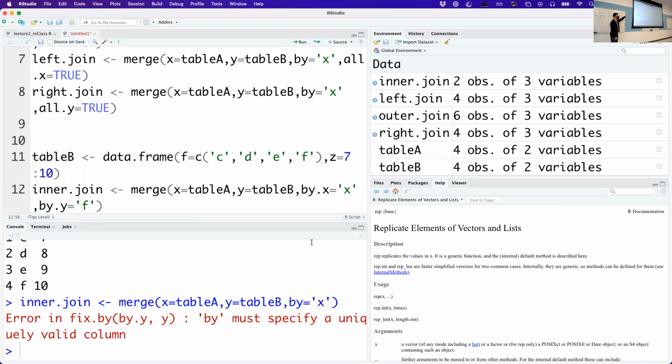It's just pointing you to the corresponding columns in your x and y, your table A and your table B. If they have the same name, you can just say by equals, and if they have different names, you can specify. So now, if I run this,